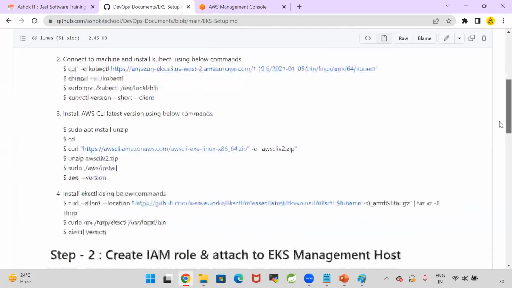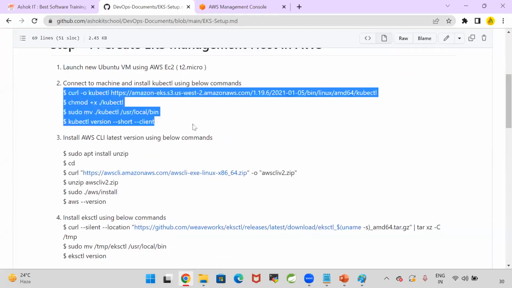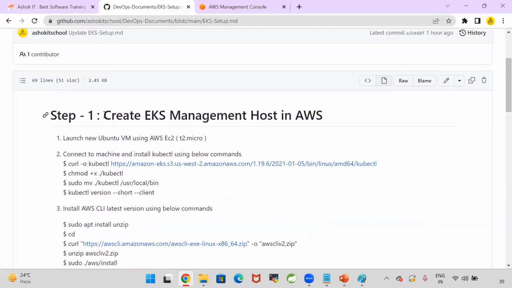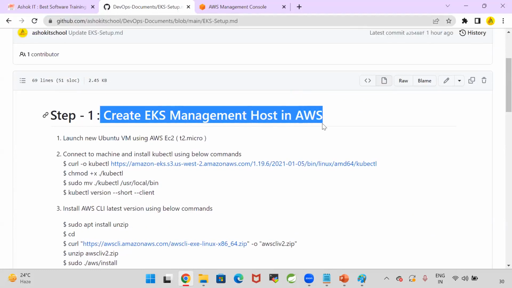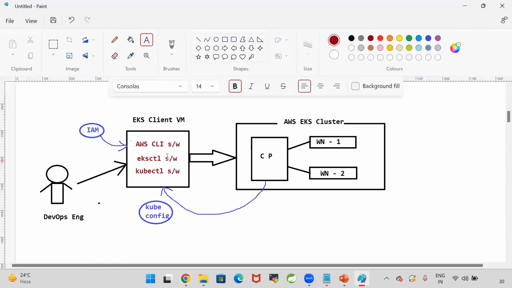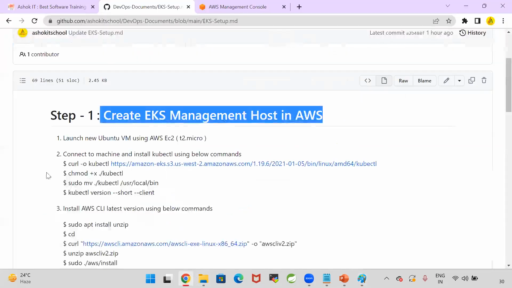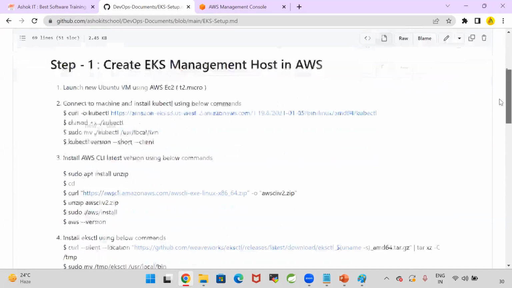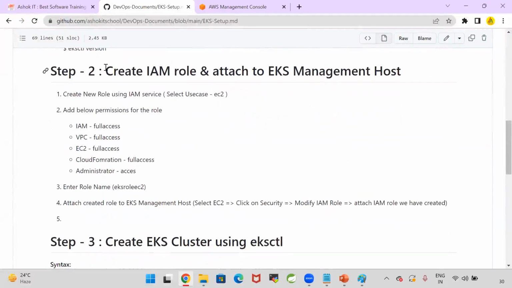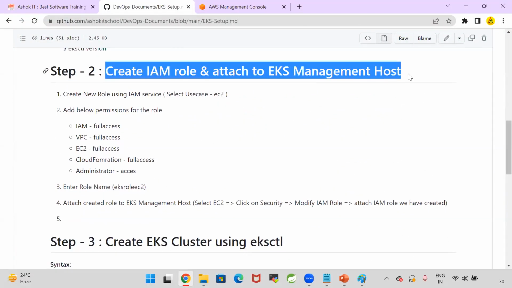How to install those softwares? I have given the commands also very clearly. So the first step, create the EKS management host in AWS. I'm going to create one Linux machine. In that Linux machine, I will install the AWS CLI, I will install eksctl, and I will install the kubectl software. Now, once that configuration is done, then we need to go for IAM role creation and attach the